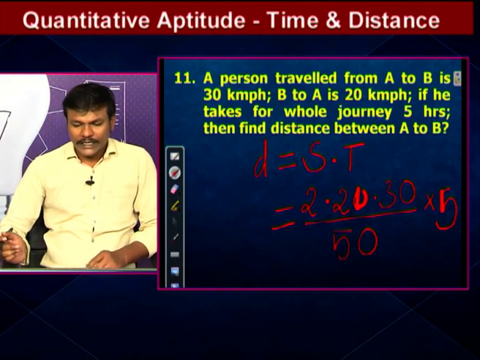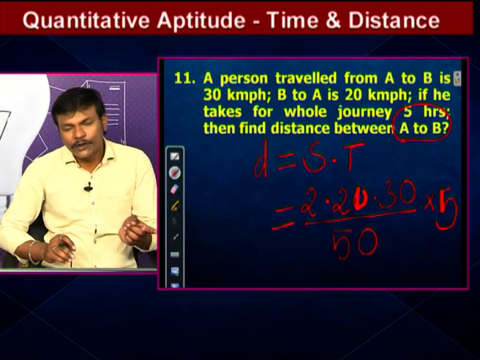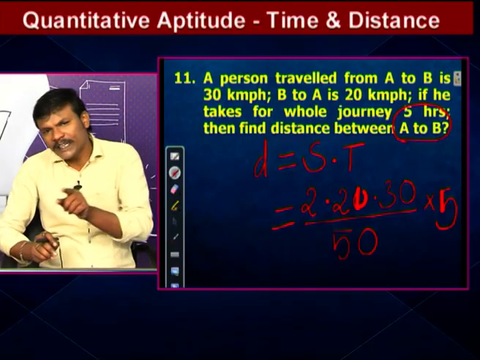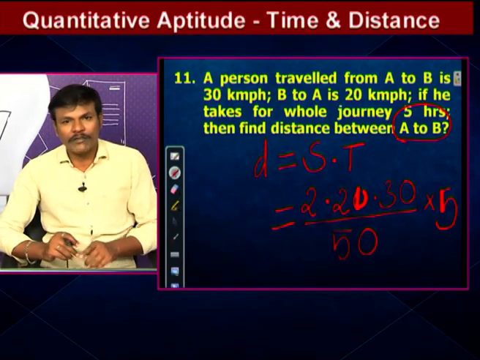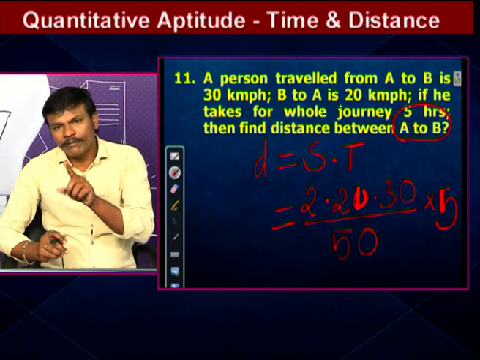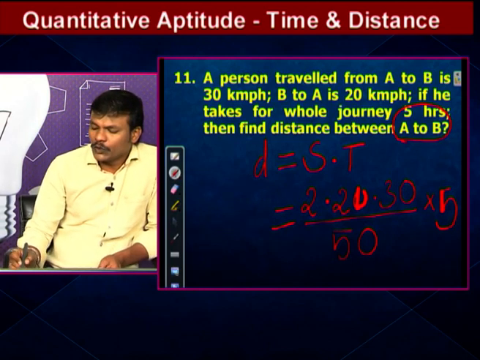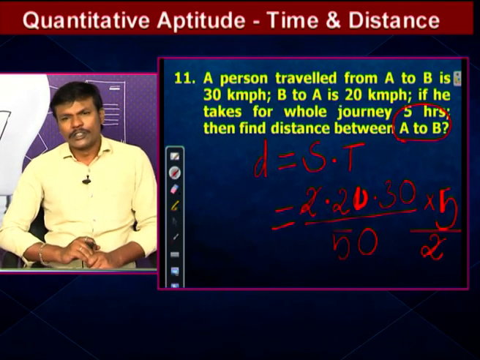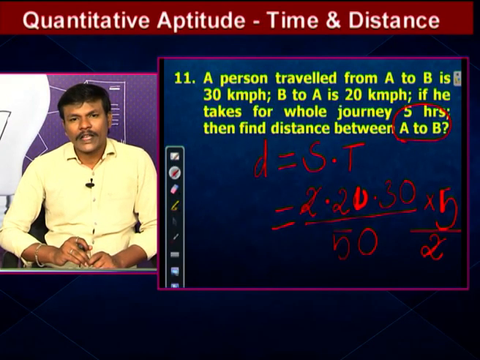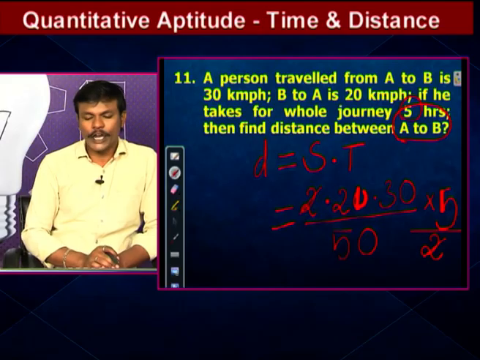You see, we need the distance from A to B only, but the person travelled A to B and B to A. Two ways he travelled, but we need only one way of the distance. This is the two way distance, so from this we consider only one way of distance. One way of distance means divided by 2, so in the formula the 2 will be cancelled. So the direct formula: A to B is 30 km per hour, B to A is 20 km per hour. For this whole journey, if we take 5 hours, the A to B distance is